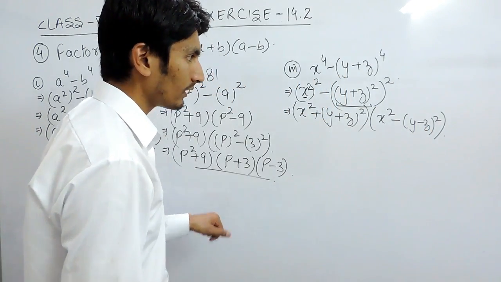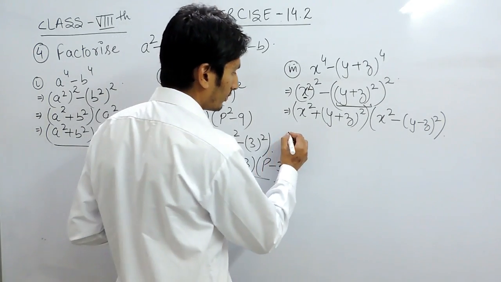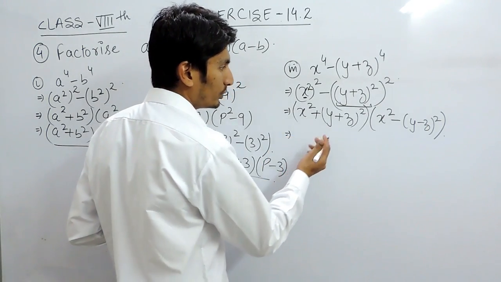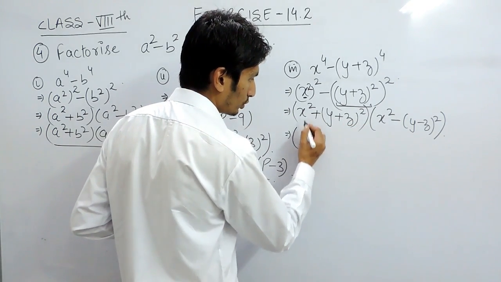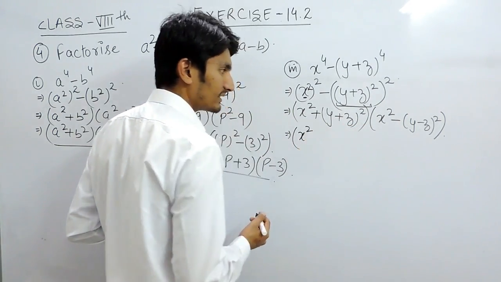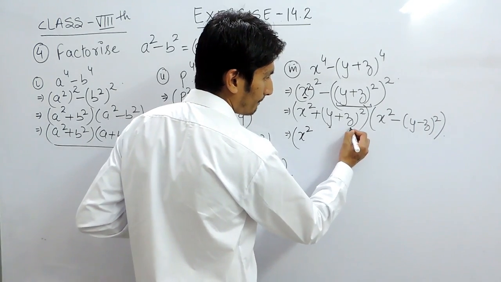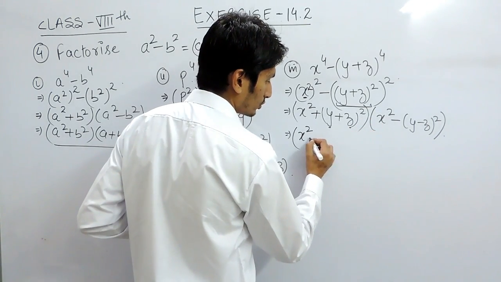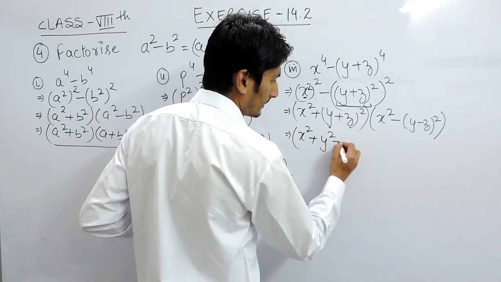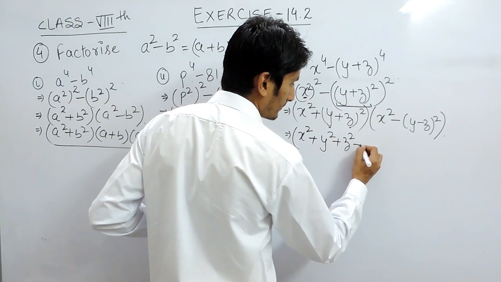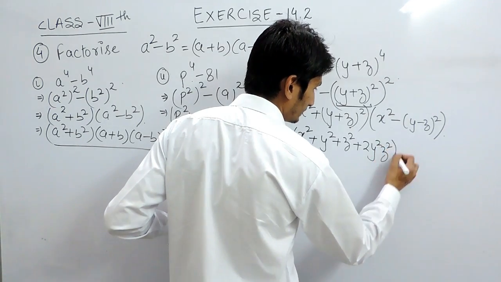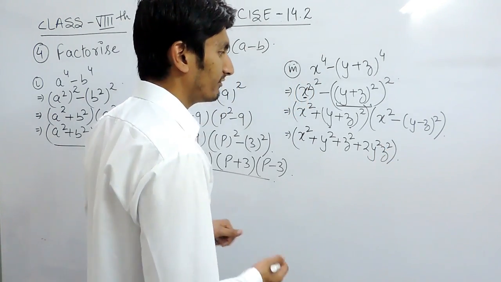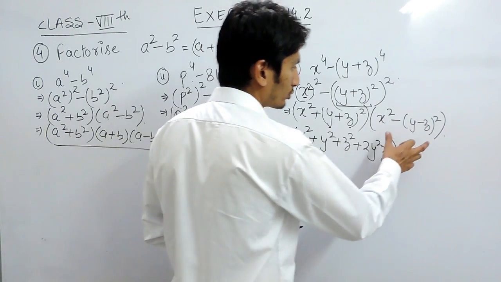b. Now if you want to further solve it, what you can do is expand this, or you can say open the bracket. So this will be same, but this is a plus b whole square. So this will become a square plus b square plus 2ab. So this should be the first factor, and if you want to solve this,